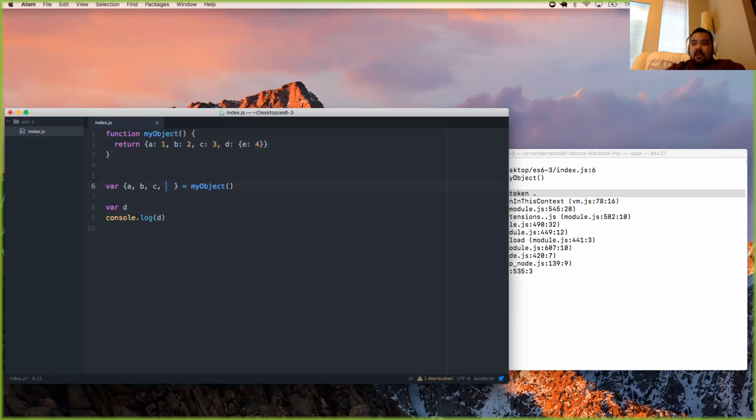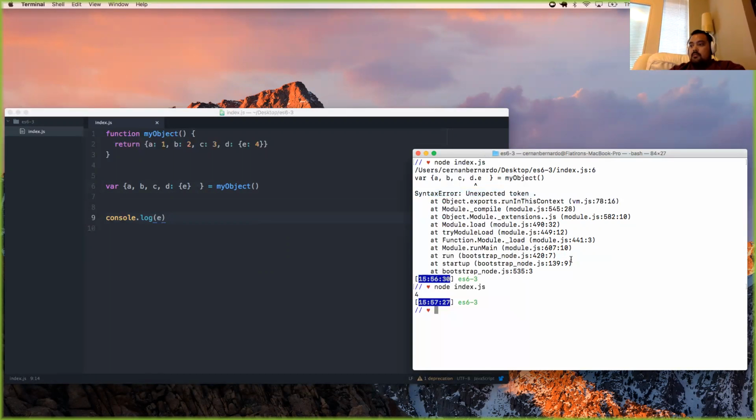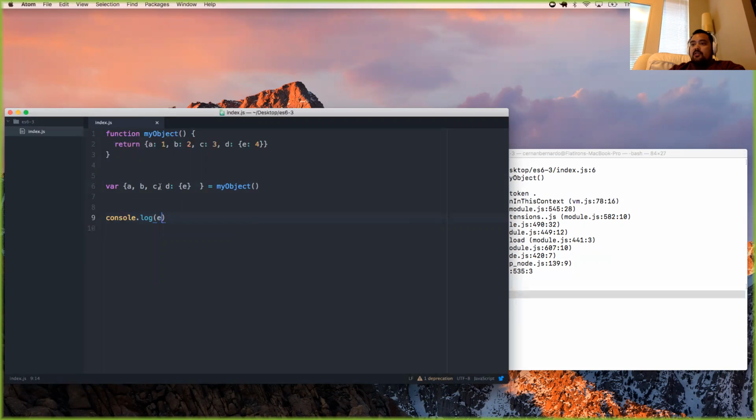So what we can do then is destructure that particular value as E. So let's log E to the console. And we get back 4. We could just destructure D as the fourth value. And if we log D,